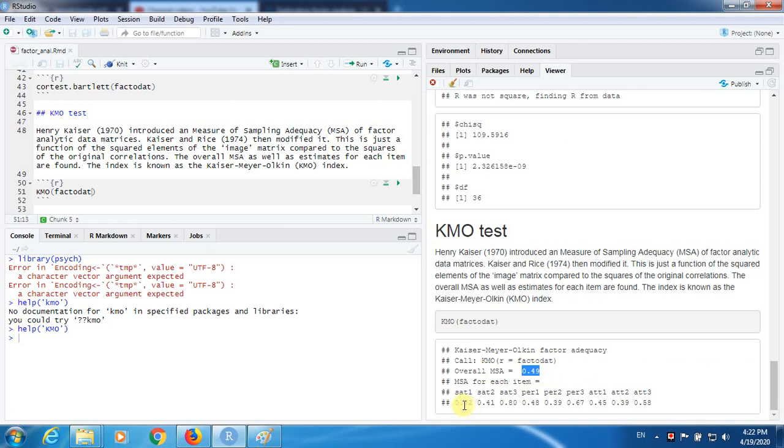Now there are also variable-wise MSA, measure of sampling adequacy, values. For SAT1 it is 0.42, which is insufficient. SAT2 is 0.41, SAT3 is 0.8, which is a mind-blowing value. And there are a few variables in perception 1, perception 2. We don't have good values for the first two questions or variables. And perception 3 has 0.67, which is again a good value. And attitude 1 and 2 we don't have, but attitude 3, the third question belonging to the factor attitude,